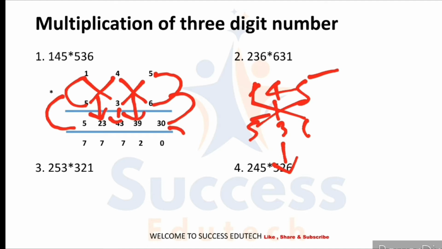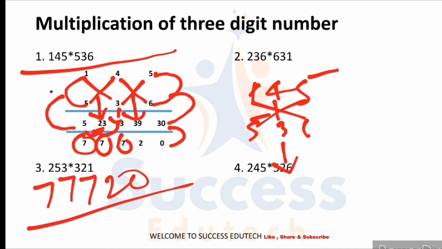Now taking one digit at the end. 0 here. 3 become 42. 42 का 2 नीचे लाया. Then 4 कैरी चले गया. 4 कैरी जाने में 47 जाएगा. 47 में से 7 लिखा. 4 again get carry, 27. 27 में का 7 नीचे लिखा. Again 2 carry. So 7. So we get 77720, the answer of this question. Now try to solve it.